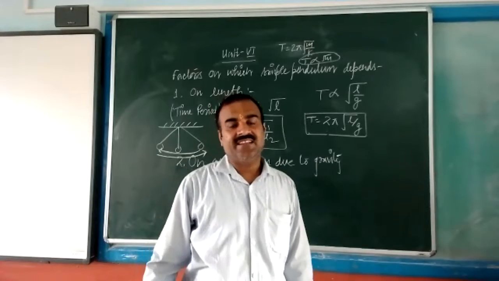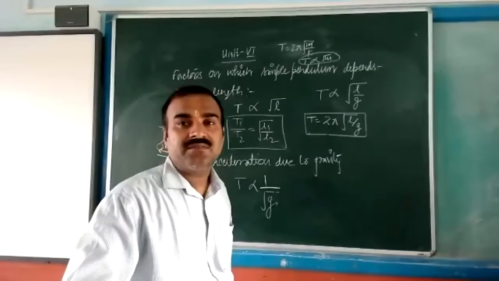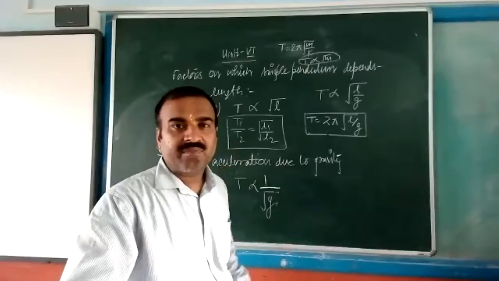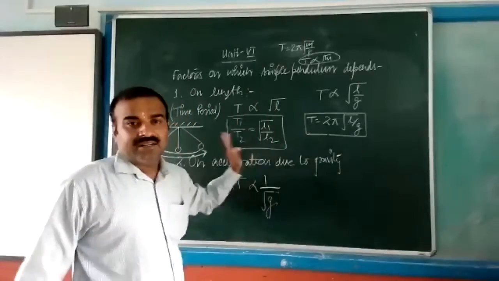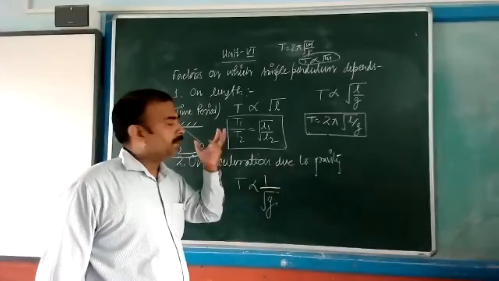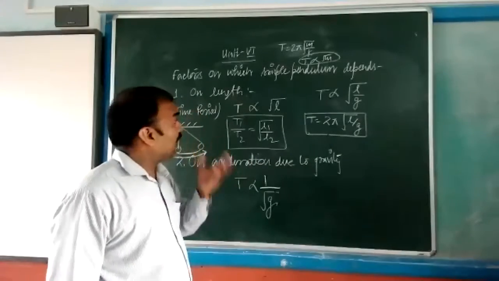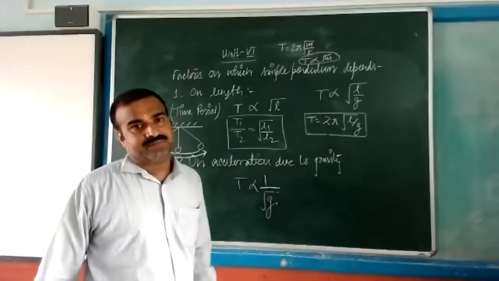Yes, sir. Okay. Now, any other doubt for anyone? Now, see this one. So I think this is clear. T equal to 2 pi under root L by g. Now, how can we draw the graph?